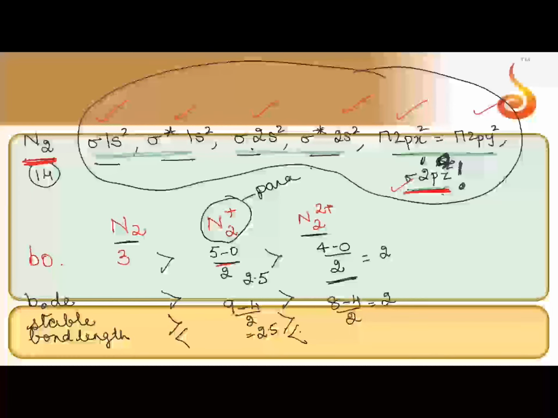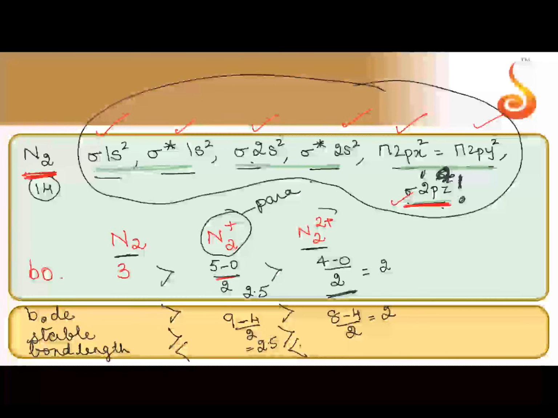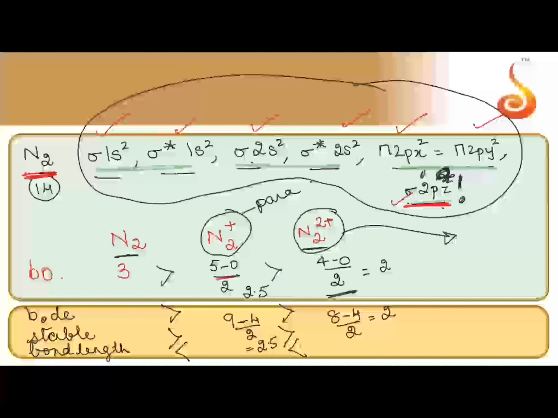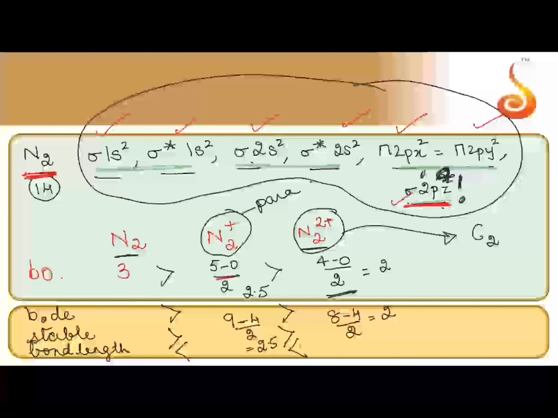Okay, I had one more question here. Can you tell me which normal molecule N2 2 plus resembles? Which molecule does it resemble? Correct. See, so many C's coming suddenly. C2 molecule. Okay, so it resembles C2. Why? Carbon has 6 electrons, so 2 carbons will have 12 electrons, right?